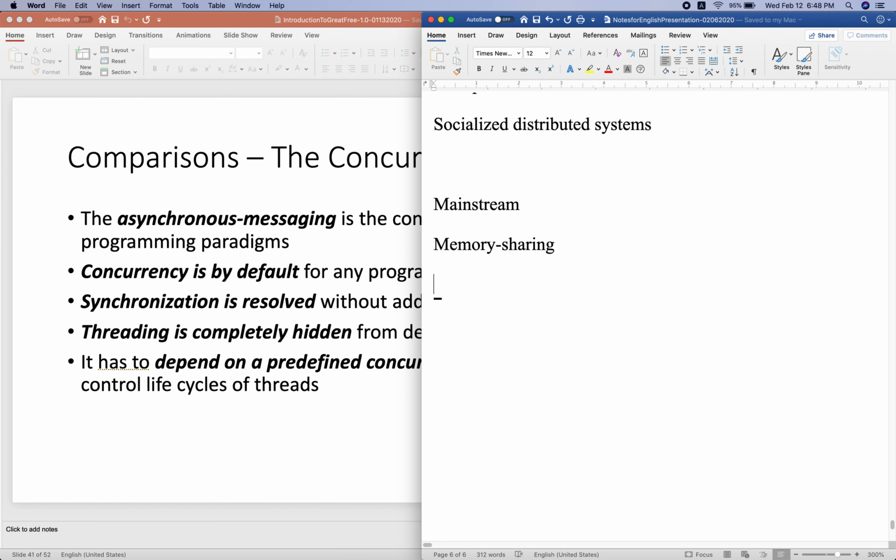This is a drawback because we have to spend a lot of effort on synchronization management. It's a difficult issue. Another thing for this programming paradigm is that threading is too difficult to manage, too tough. If you have experience programming threads directly, you will know how tough it is.